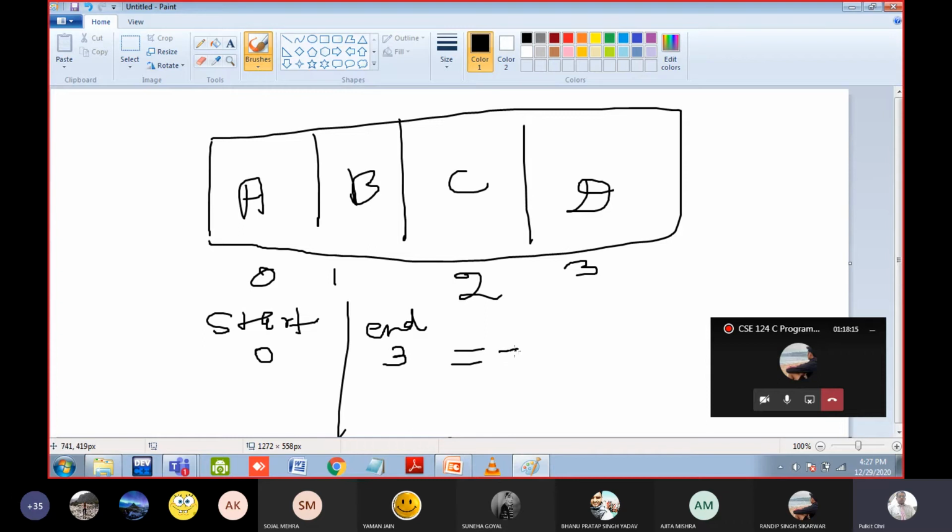Using the double equal to operator, check the values that are stored on the 0th location and on the 3rd location. Is A and D same? A and D are not same now. So use the break statement to exit from the for loop, because when the first and last letters are not same, it means it is not a palindrome now. So you should not compare B and C again. Just break out of the loop and print on the screen that this particular word is not a palindrome.